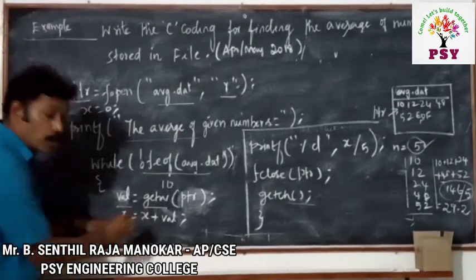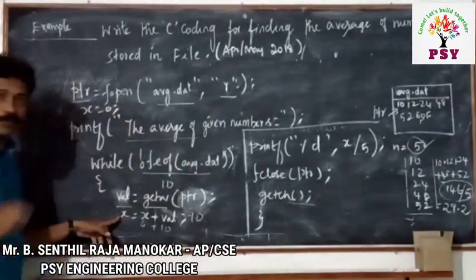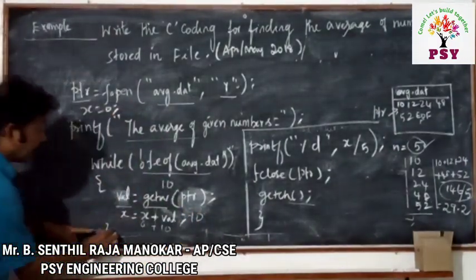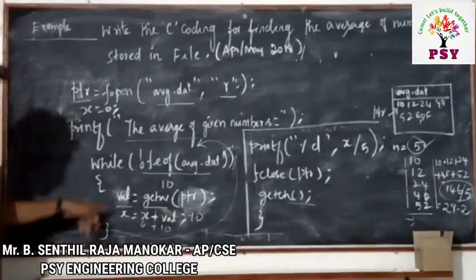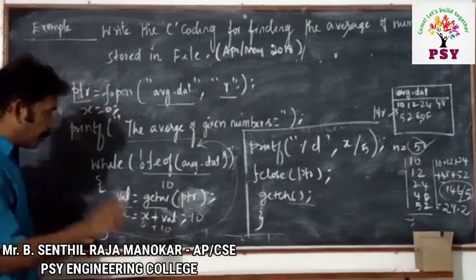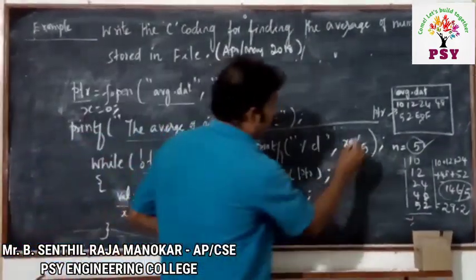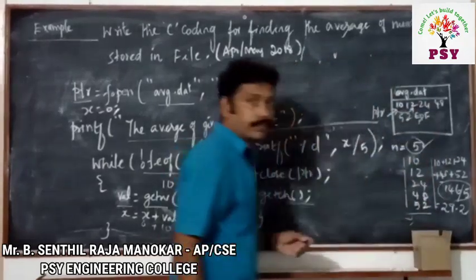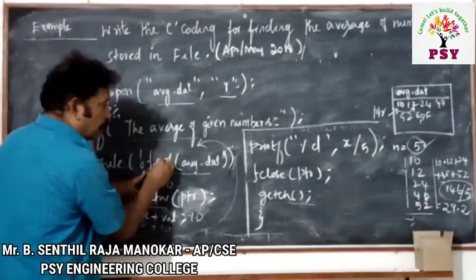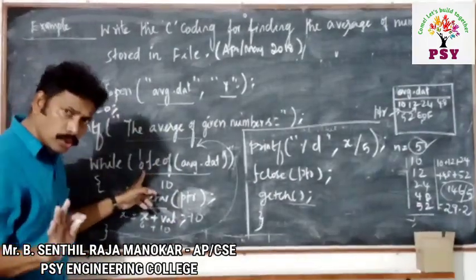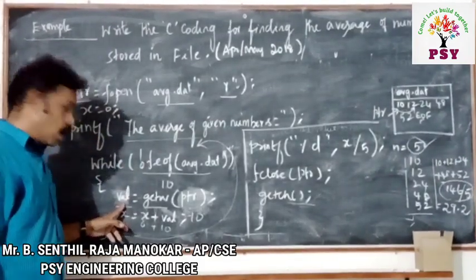Then previously x is equal to 0. So 0 plus 10, what is the value now? This value will be 10. Again going back here, until the condition is false, it will run. So now again the pointer is going to be moved to the next one automatically. Then what will happen? The pointer will be here, next value. So what is the value here? Yes, this value is not equal to end of file. Then enter inside.